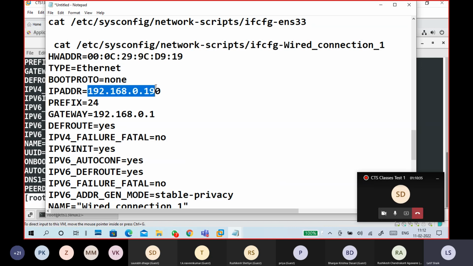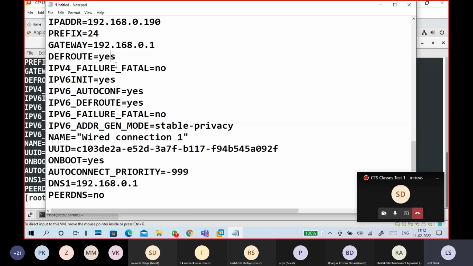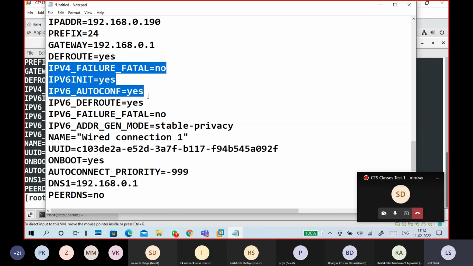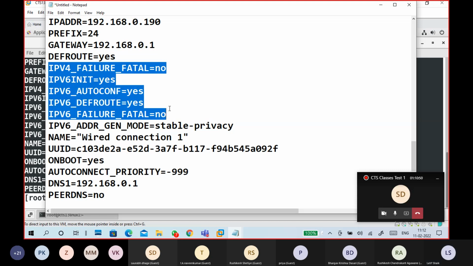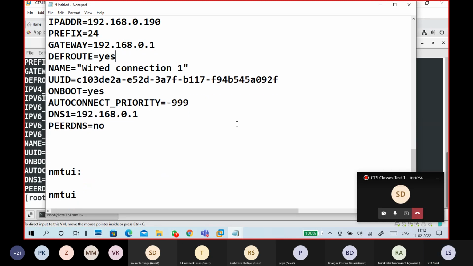So you can see the IP address. Prefix, what is prefix? Subnet mask, /24. This is the gateway, default route yes. This is not required, so many things are on the screen, right? So I don't want that one. This is the UUID, so you don't put this number.